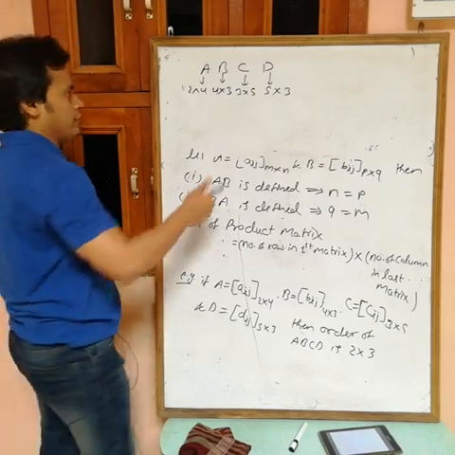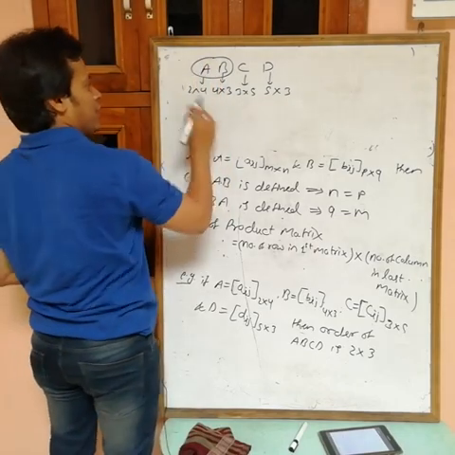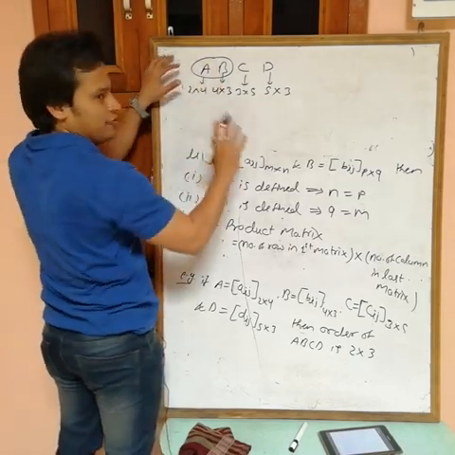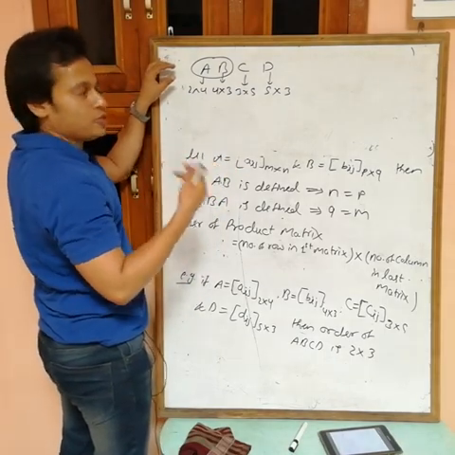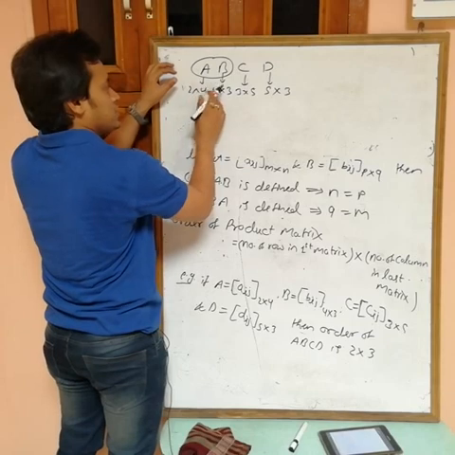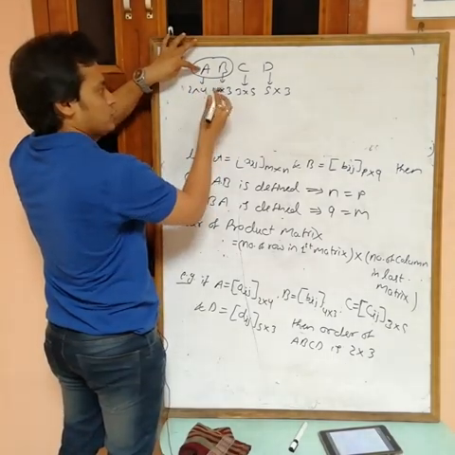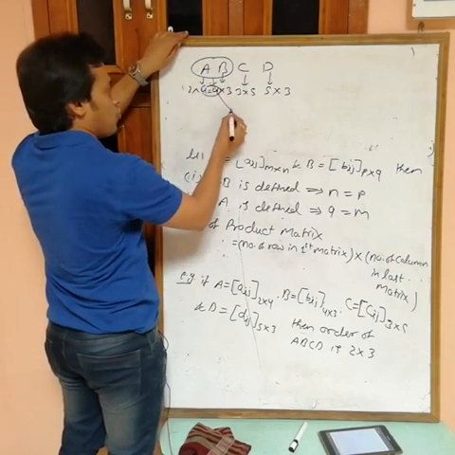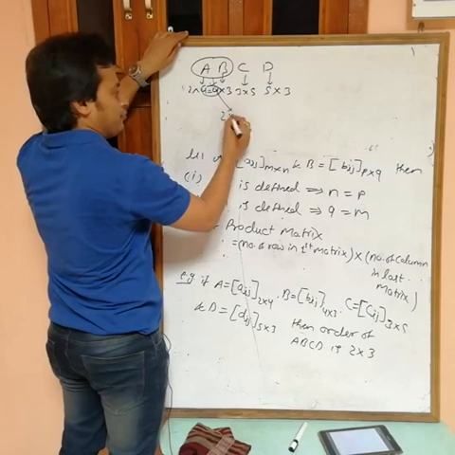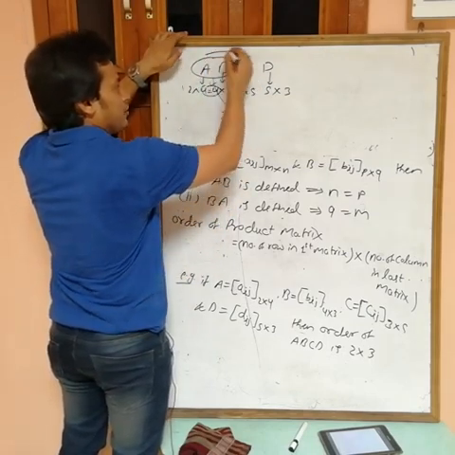Okay, so first choose any two. Suppose I am multiplying AB first. If you multiply AB, first check whether AB is defined or not. Is the product A into B possible or not? This will be possible if this is equal to this one. It means the number of columns in A is equal to the number of rows in B. So equal, okay, defined. If defined, then the order of AB is 2×3.